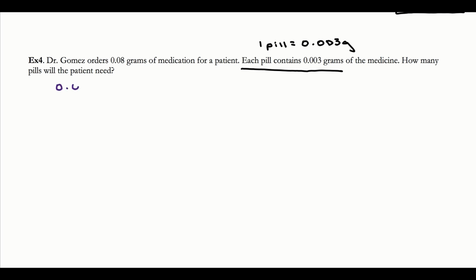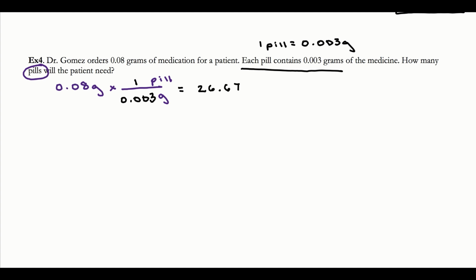Okay, so I'm going to start with my given. I have 0.08 grams of medication that are needed. And it's asking how many pills do I need? Well, this is an easy conversion then, because I know how many grams I want. I get out of grams, and I can get directly into pills because I actually know that relationship. One pill has a mass of 0.003 grams. So I just need to take 0.08 and divide by 0.003, and I get